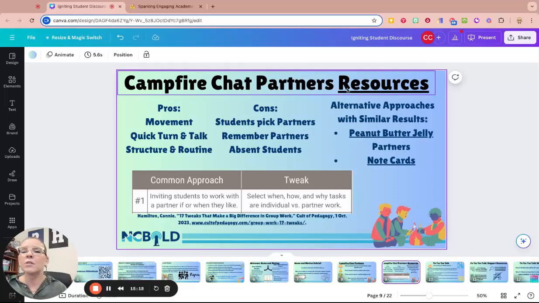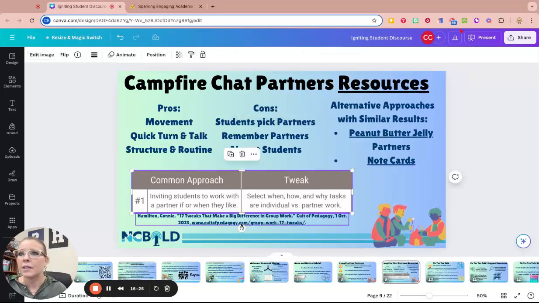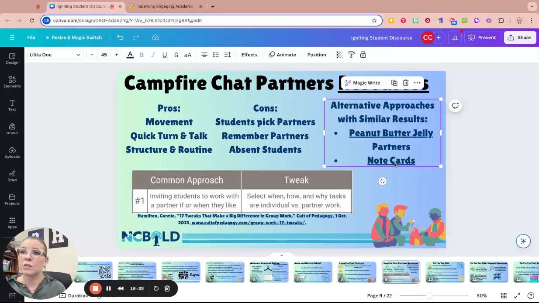So I have a whole bunch of resources on this slide that you can look through. I love this 17 tweaks that make a big difference in group work. This kind of speaks to the idea of kids working together. There's a bunch of great resources there. There's also a way to do this with note cards.